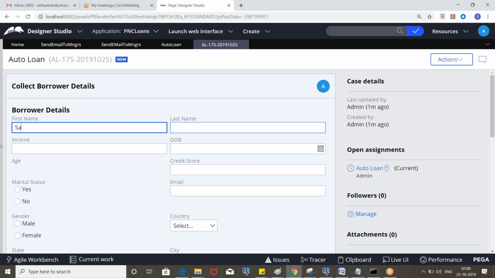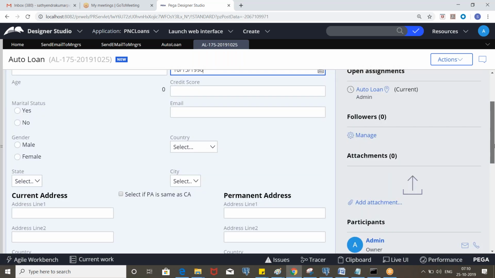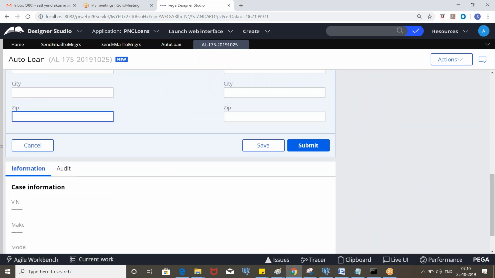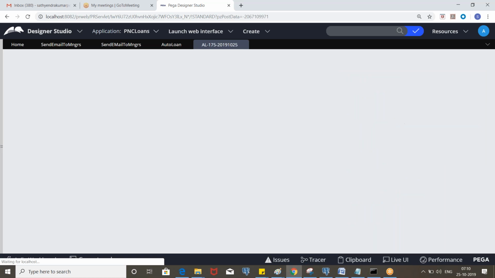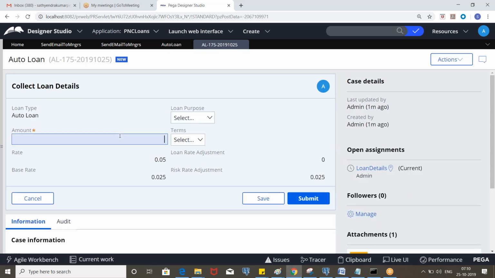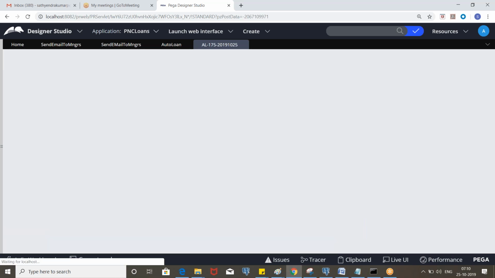So here let's put mandatory details. So now in the third screen, when we click on submit here,